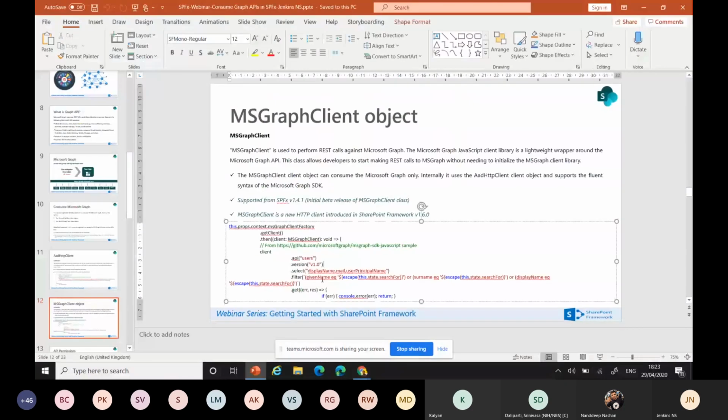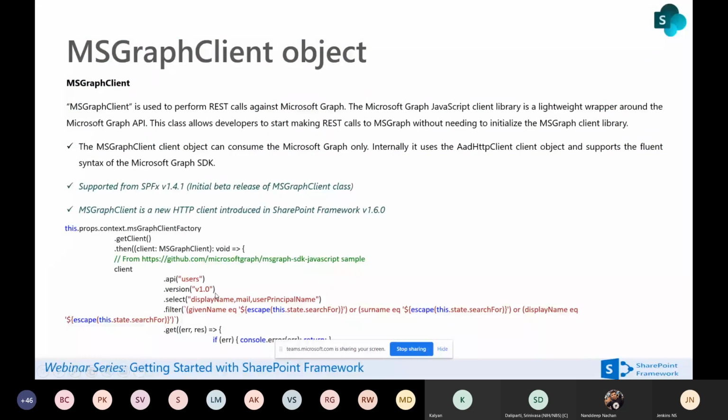And then you can pass the version, because a lot of Graph APIs have a beta version as well. I always prefer to use the finalized 1.0 at minimum. Otherwise, if any changes happen in the beta version when they deploy it as 1.0, your application will be affected. Always be careful about that. Because this application is not in our on-premise environment, it's all online, you always depend on Microsoft. Whatever they release as beta, you can pass the beta, but be careful: whenever changes happen, you need to verify whether your application is working or not.